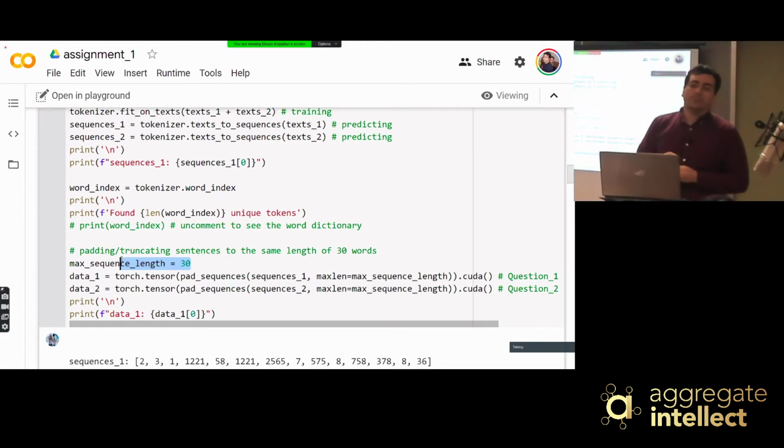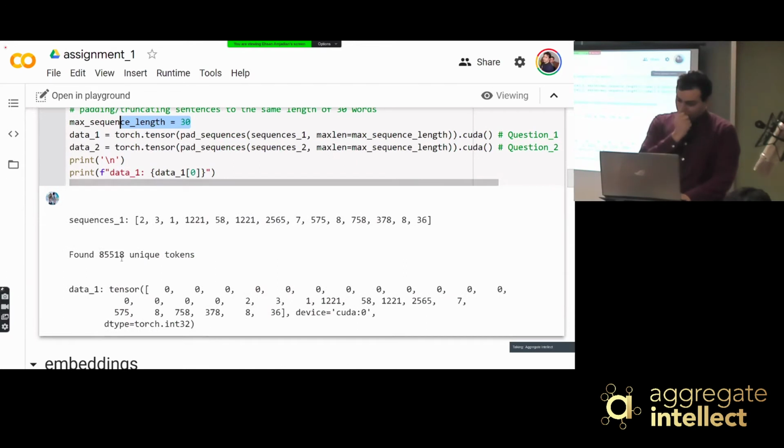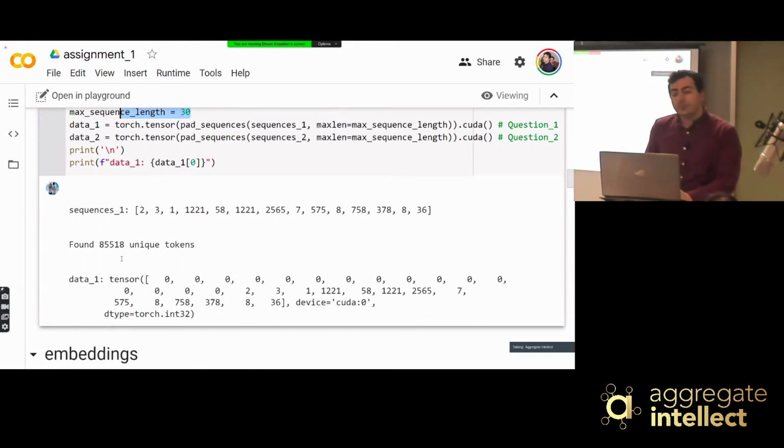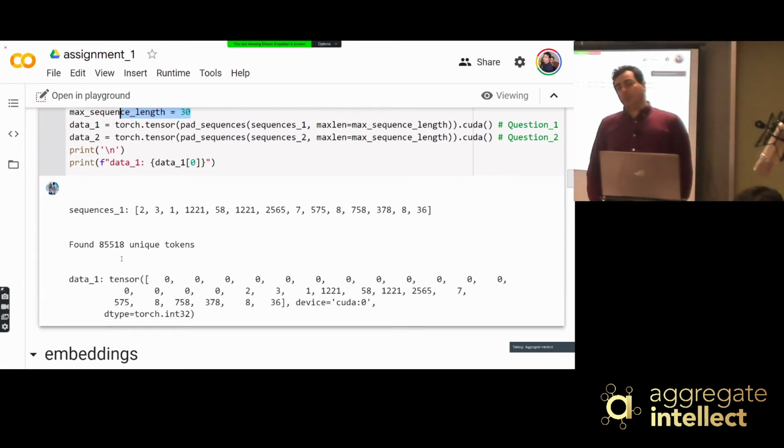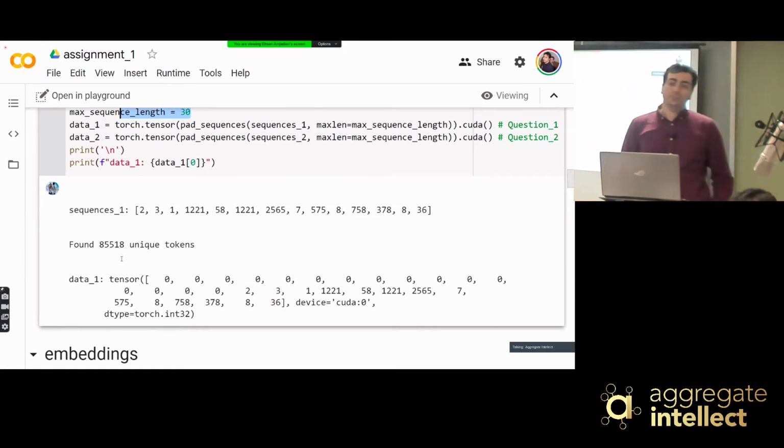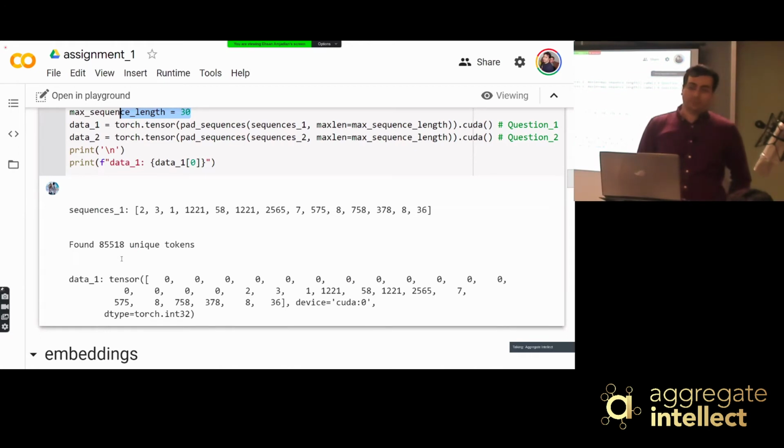Like here, we're actually setting the max length to be 30, right? And does it actually make a lot of difference in your computation if you just find the longest sentence in your document and keep the max length to that, so that you're not truncating anything? Like if we had chosen max length to be 100 over here, would that make a lot of difference in computation? It does, because